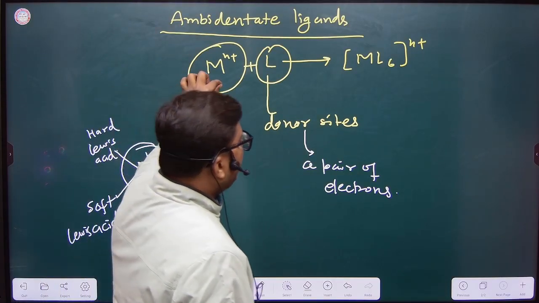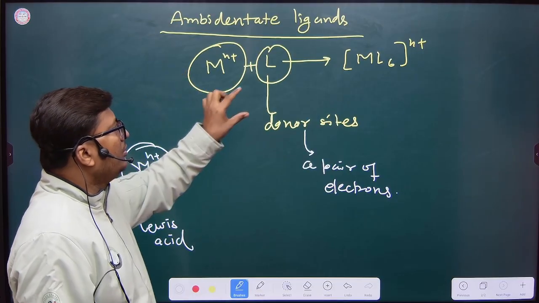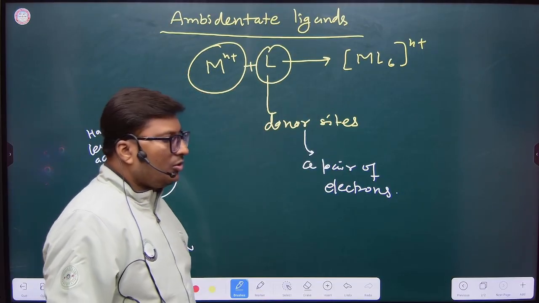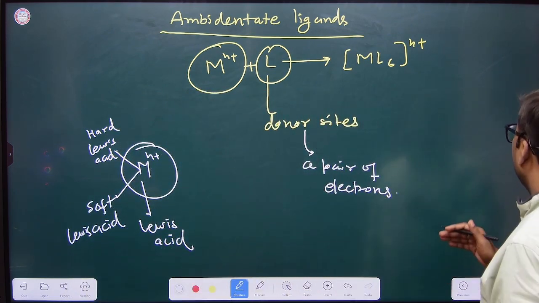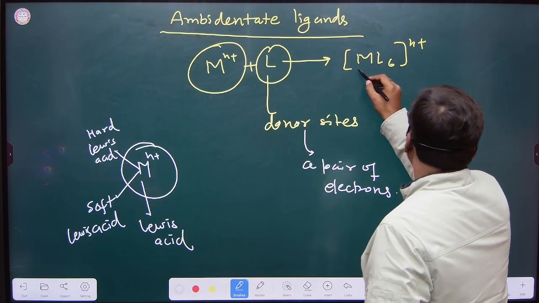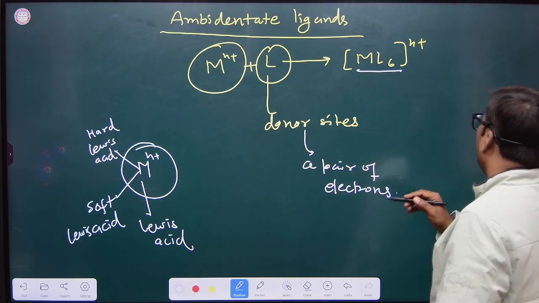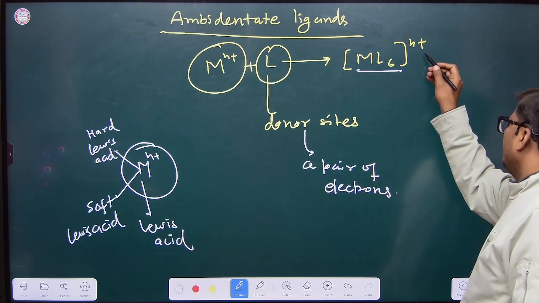The reaction between a Lewis acid, that is an electron deficient metal ion, and a ligand is known as a coordination reaction, and it results in the formation of the coordination sphere. This is the coordination sphere in the square bracket, and overall the charge N plus